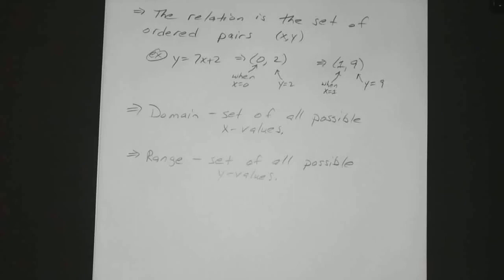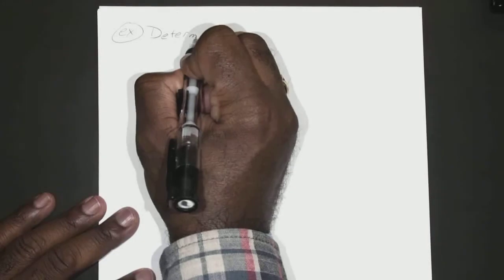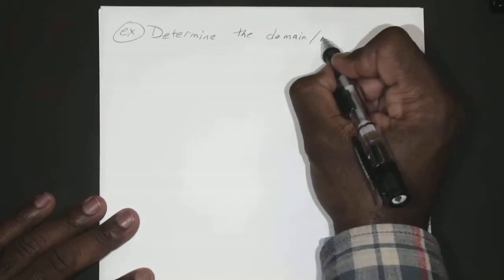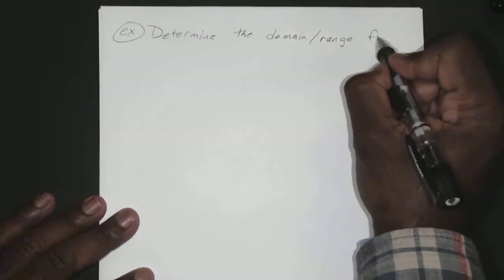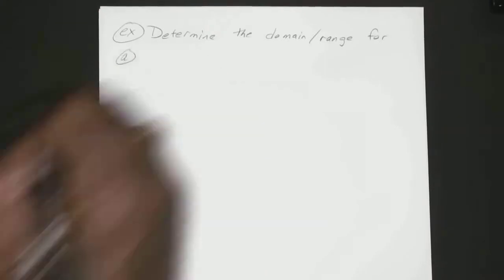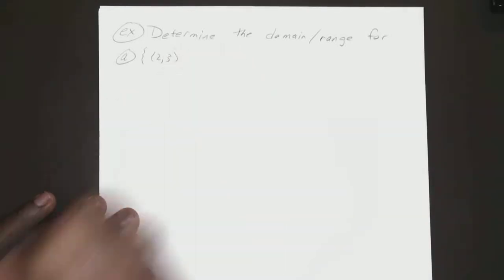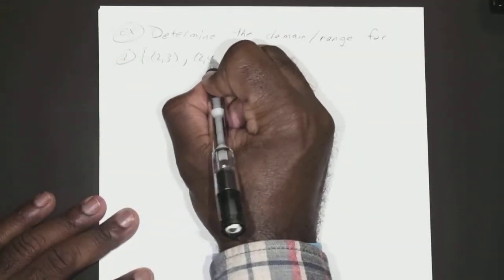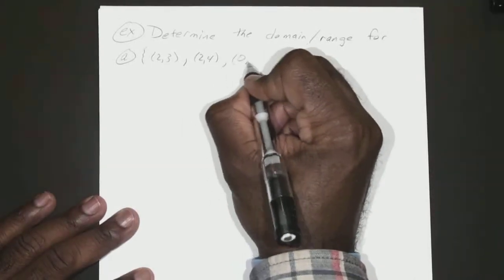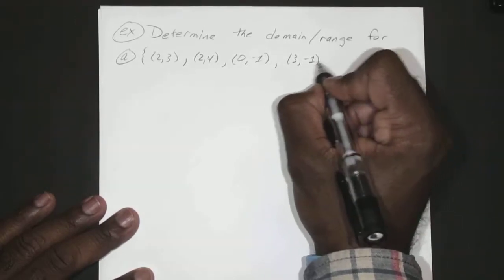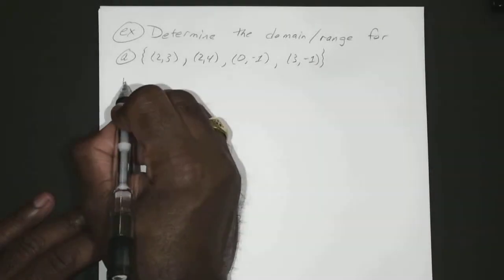All right, so for our first example, what if we wanted to determine the domain and range for problem A? We have the set of ordered pairs 2, 3, 2, 4, 0, negative 1, and 3, negative 1. And for problem B,